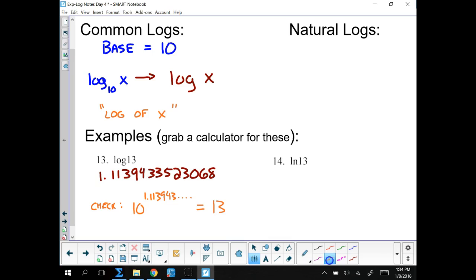The other one is something called a natural log. And a natural log has a base of e. So rather than write log of x, or log base e of x,